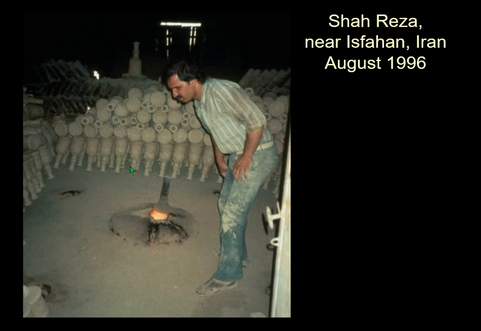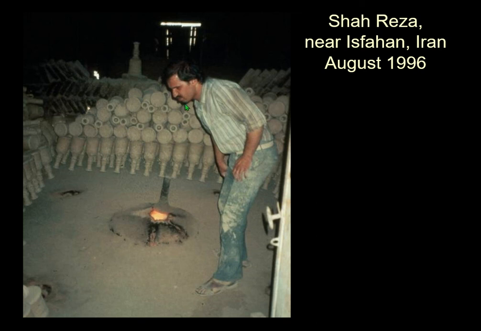Interesting to see they have pottery here. This is drying above the kiln. And so, because you want to get as much water out of it as possible, out of the pottery, before you fire it, because otherwise all sorts of bad things happen. So you dry it for some time. Here it's being super dried by putting it on top of the kiln. And then when it's really, really dry, they put it in the kiln.